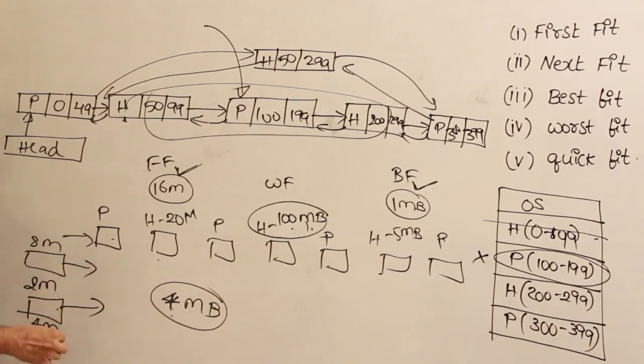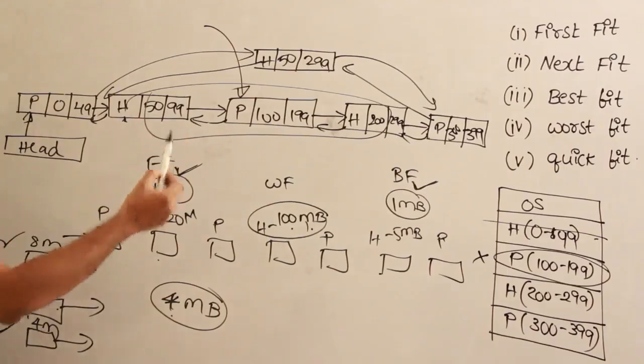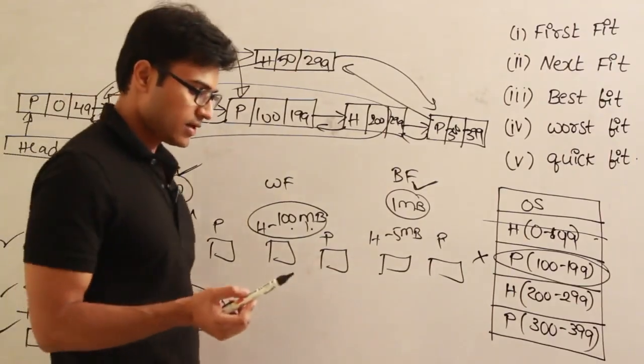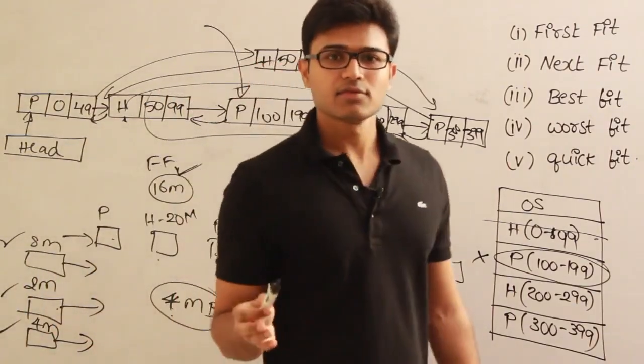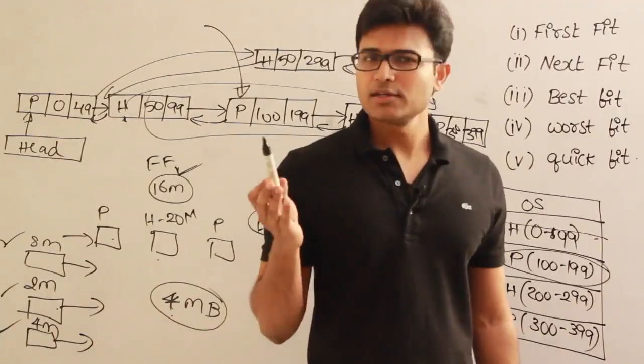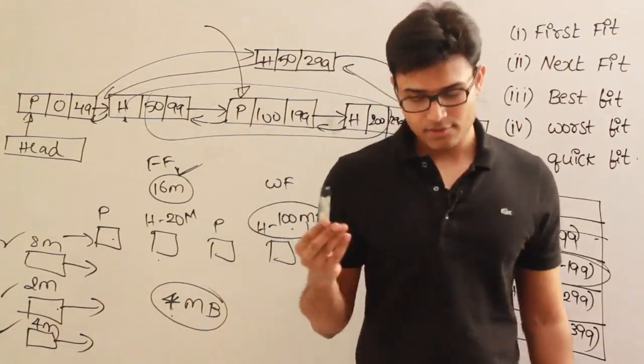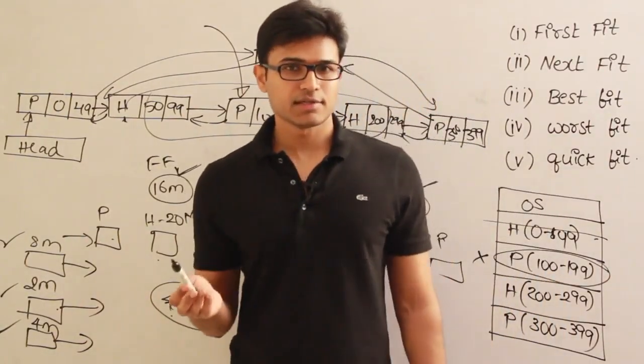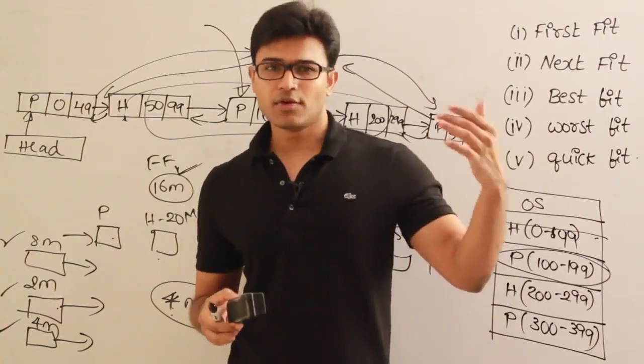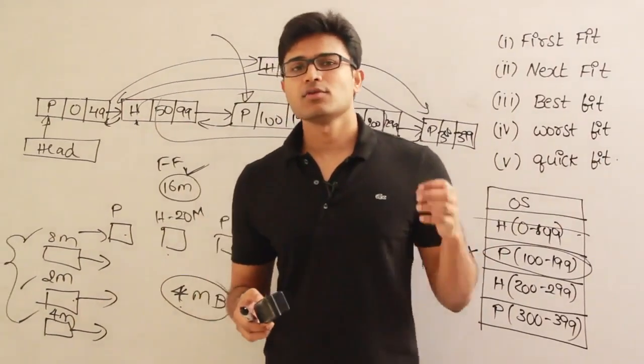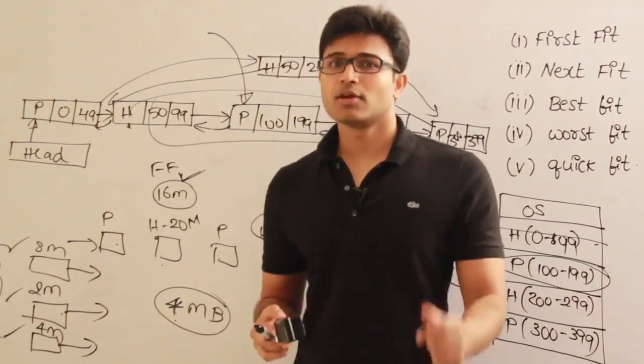Like this, if you maintain individual lists of holes which have this capacity, then allocating them will be easy. That is what quick fit says. Quick fit says to maintain different lists for frequently used sizes, but it is not really practical. Yes, it can be practical, but it is a waste in the sense we might have to maintain different lists, and then whenever you try to free up a process, that is going to take a lot of time,